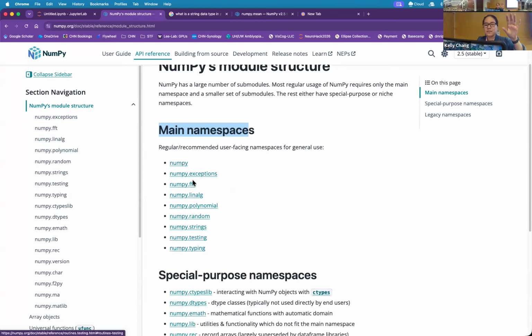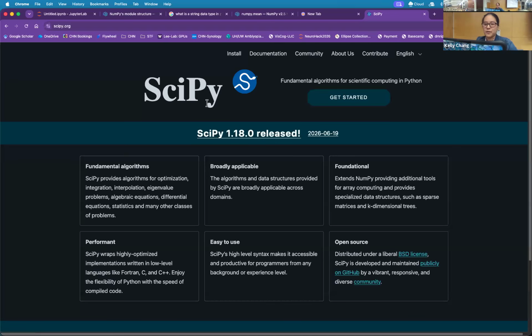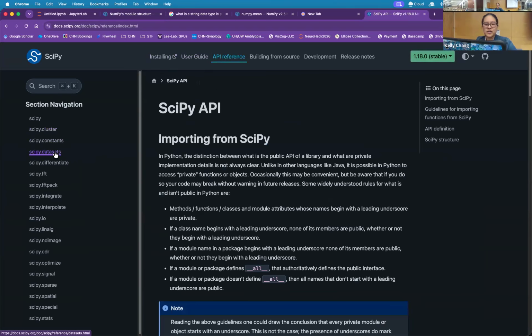Basically, the subnaming here is just to keep things organized. Base NumPy has mean, min, max, all the good stuff. Linear algebra or polynomial has things like norm, more specific to that kind of math. But they're usually in here. That's your first pass. Your second pass is probably going to be SciPy, short for scientific Python computing, I think. In SciPy there are more statistical functions. There is some clustering, some Fourier transform, if you see here.